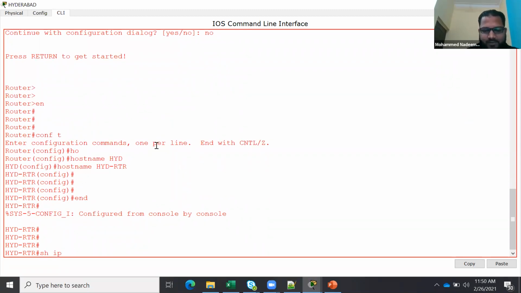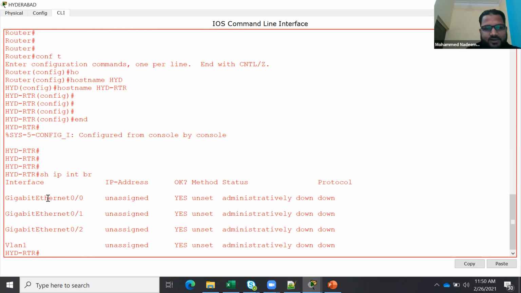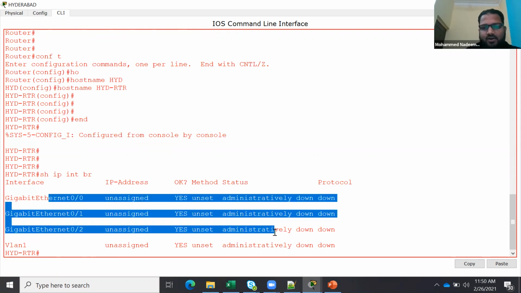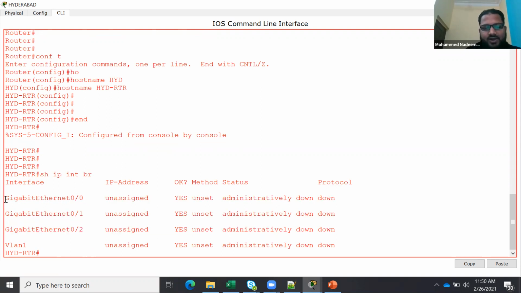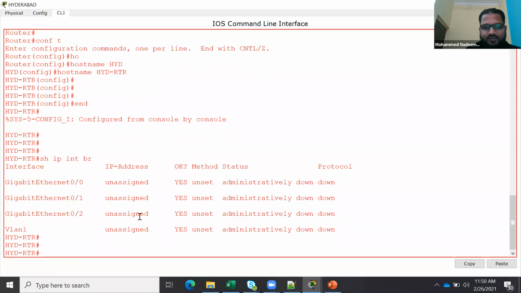What else do I need to do? If I go and show IP interface brief, you can see all three interfaces are down. This interface is going to connect my Hyderabad LAN, and this is going to connect my WAN. So I need to configure the interfaces.